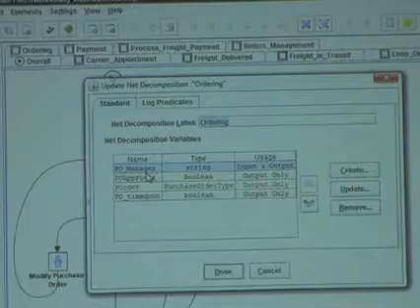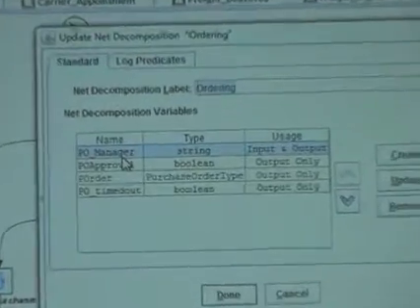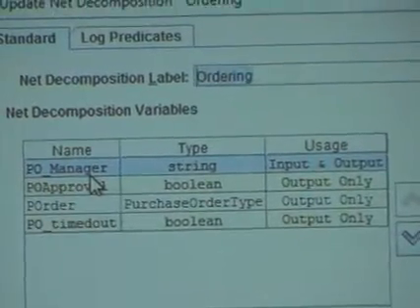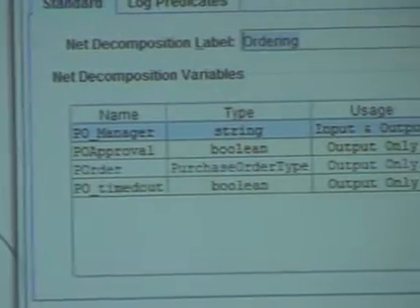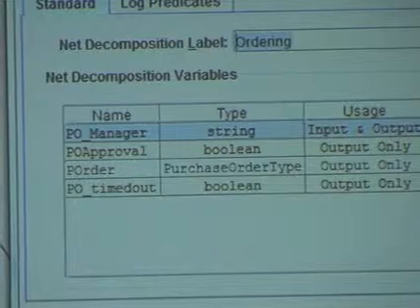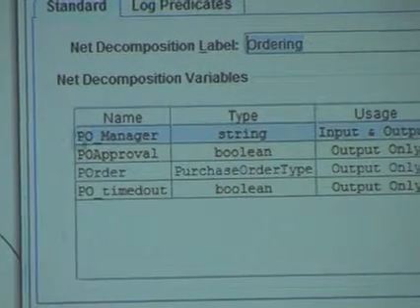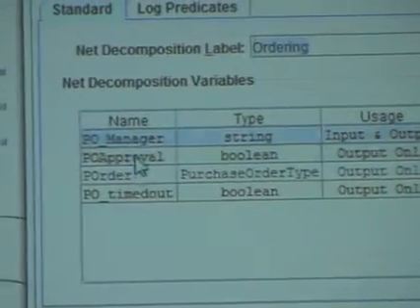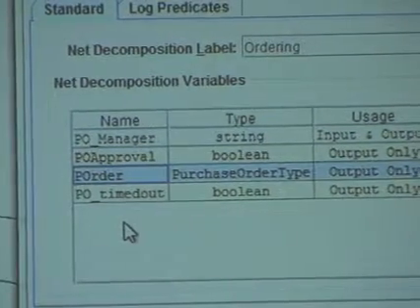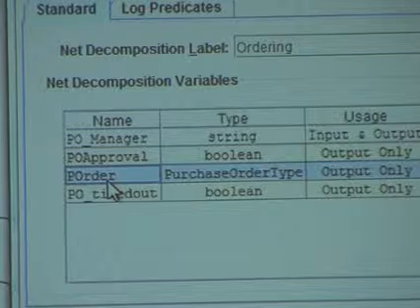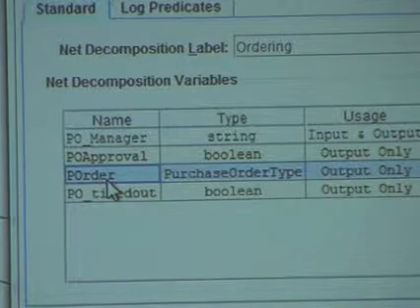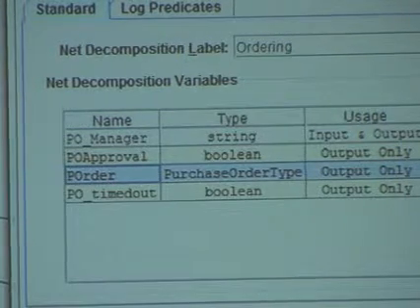and here I have the list of net decomposition variables. For example, I have a purchase order manager. That's the variable I'm going to use at runtime to assign a purchase order manager to the task modify purchase order. Remember this, that the distribution set can be dynamically set by means of a net variable. And then I have other variables that are used throughout this net. For example, the purchase order will indeed contain the information about the purchase order, which is created by the first